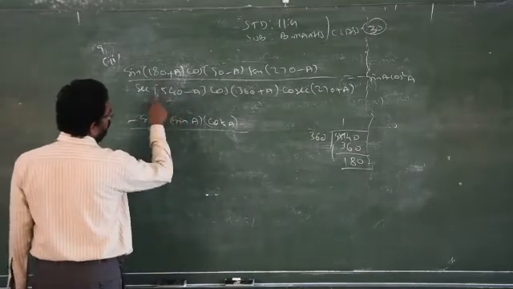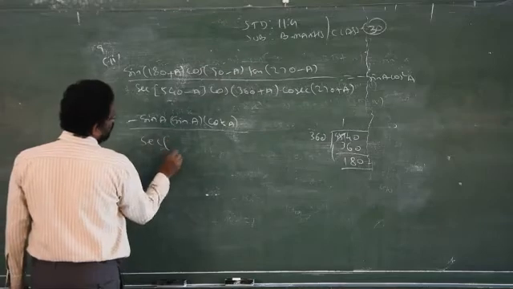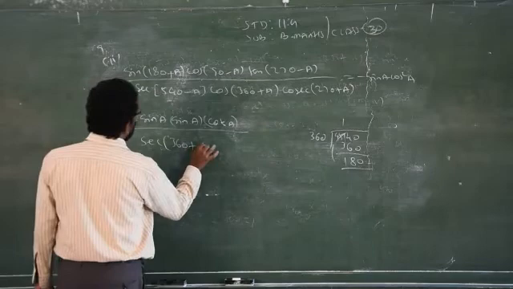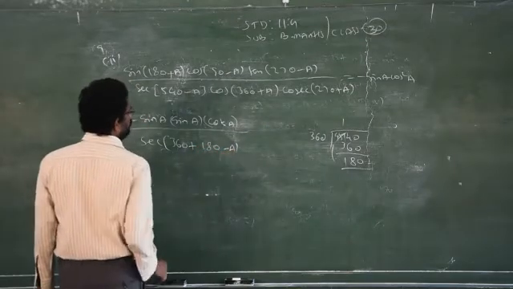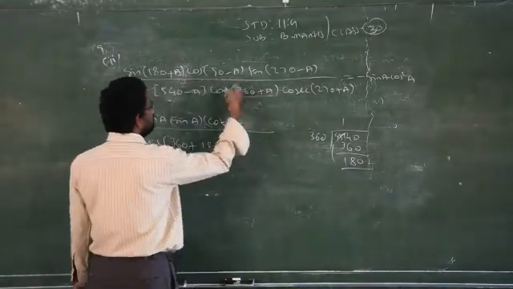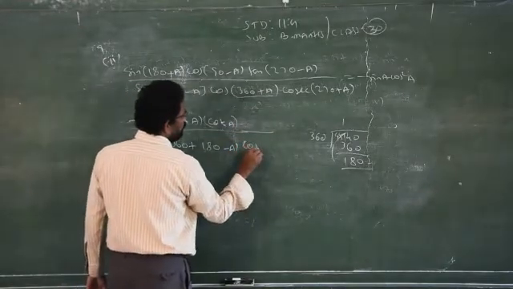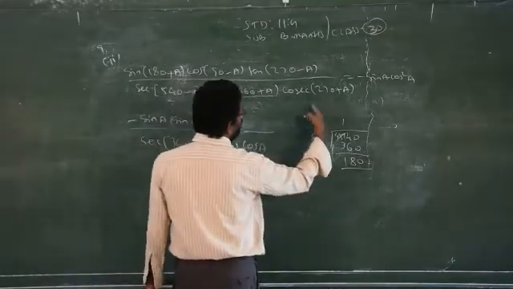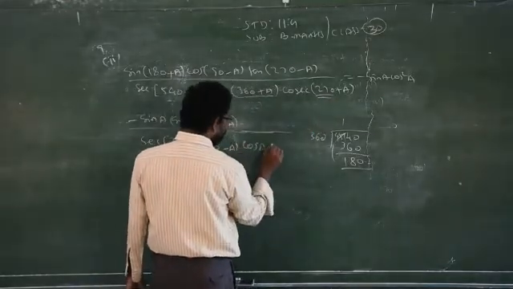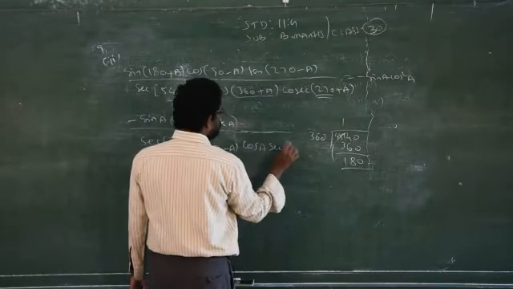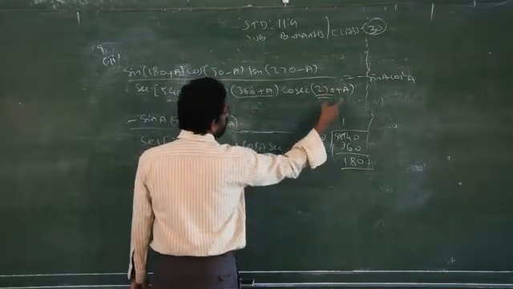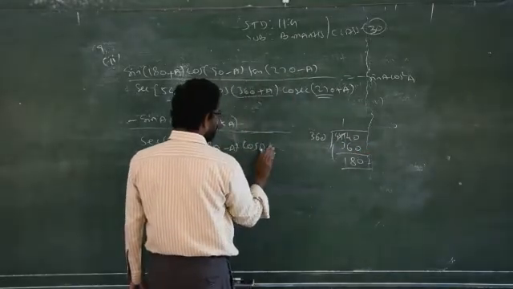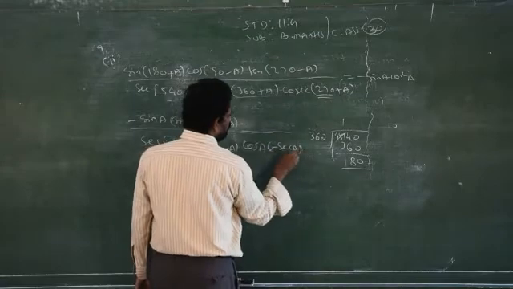So secant of 540, you have to write 360 plus 180 minus A. You can write it as it is. This will be 360, no changes in the ratio. Cos of 360 plus A, first quadrant, no changes. Cosecant of 270 plus A: therefore cosecant will become secant A, and 270 plus A is the fourth quadrant. In the fourth quadrant cosecant has a negative sign, therefore we will get minus secant A.